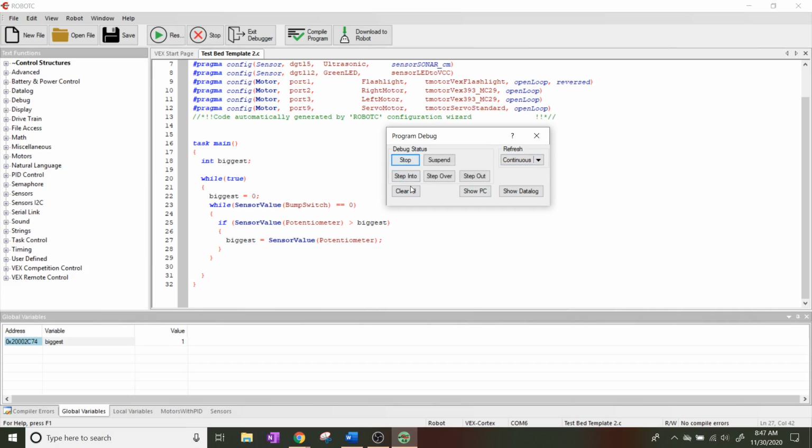So I'm going to go ahead and hit start again. I'm going to change the value of my potentiometer, and you can see how whenever I twist on it, the value increases, but whenever I twist it to the left, it doesn't go back down. So what it's doing is recording that top value, and if they've set up this test bed right, whenever I press the bump switch, it goes back to 0 or 1, whatever that lowest number is. So I can record the highest value that gets turned on this potentiometer, and then whenever I hit the button, it resets. Okay,